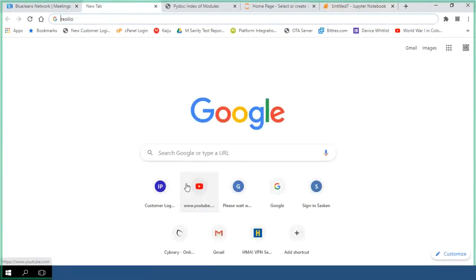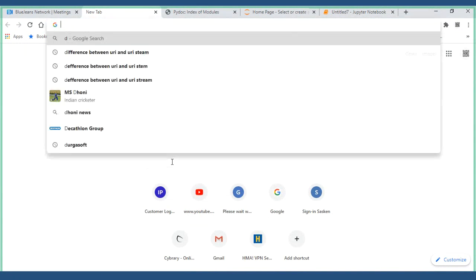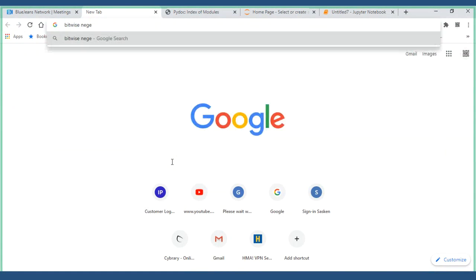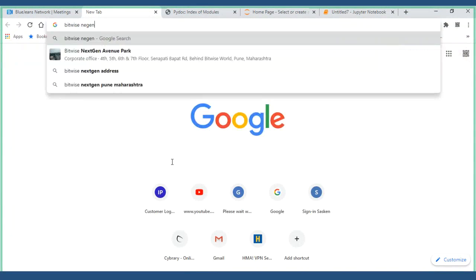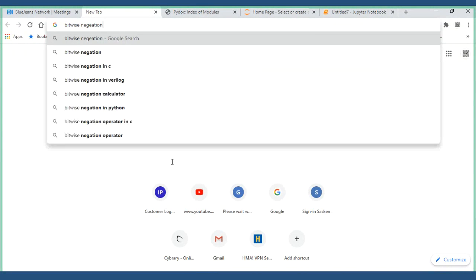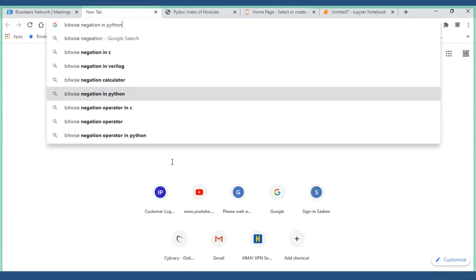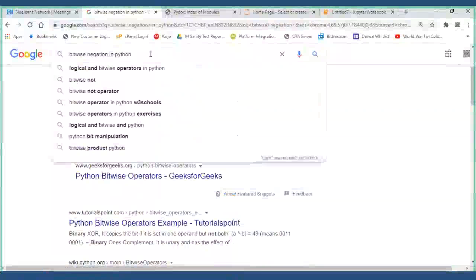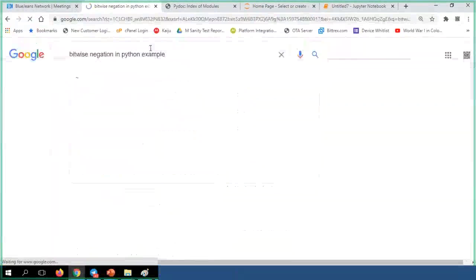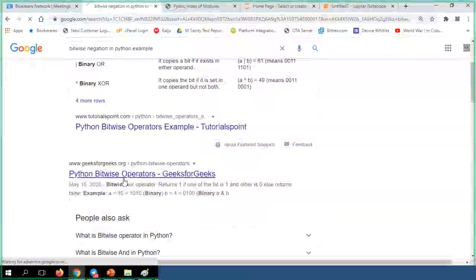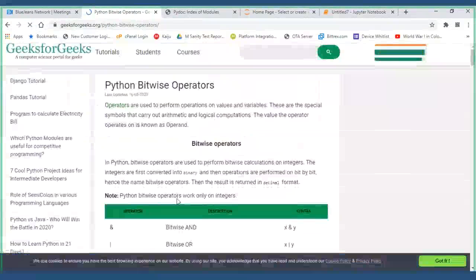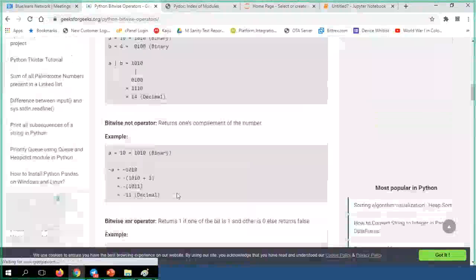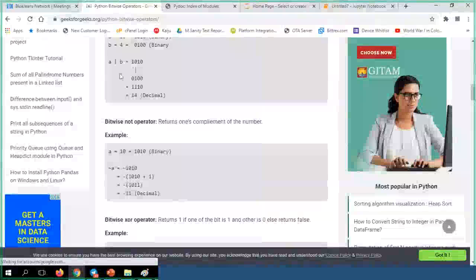Even I don't remember it, because I don't use them, but still I would like to show an example. I don't recollect it immediately.